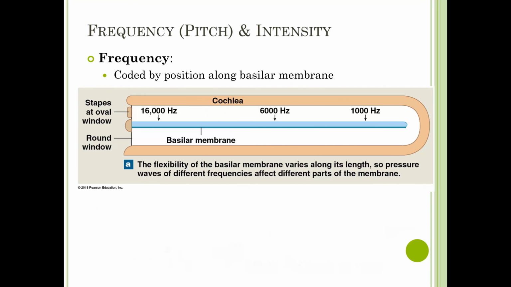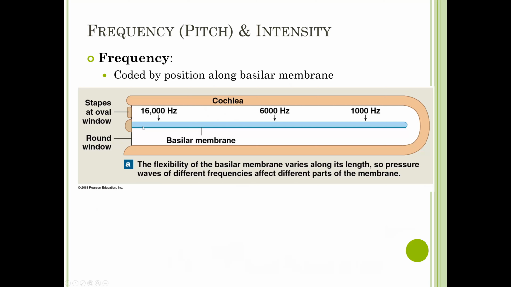So how can we differentiate between the frequency and the intensity of sound? The way that we can hear a frequency, so whether it's a high-pitched or low-pitched frequency, has to do with the part of the basilar membrane that bounces up and down in response to the fluid waves. So high-frequency fluid waves cross over very close to where they enter. So they enter at the oval window and they immediately cross over and go out the round window.